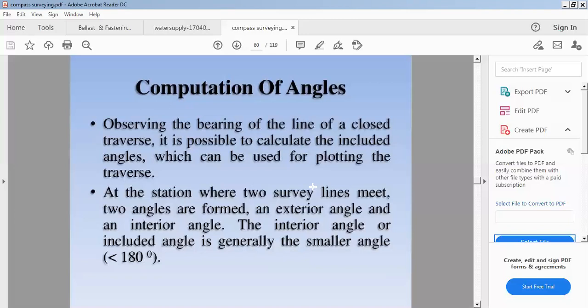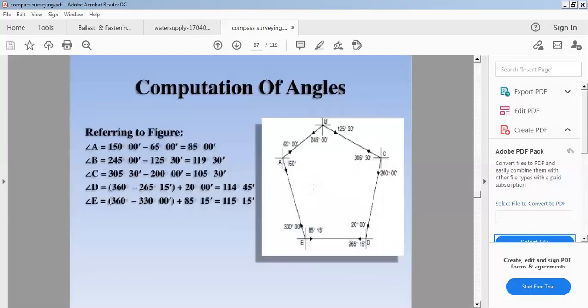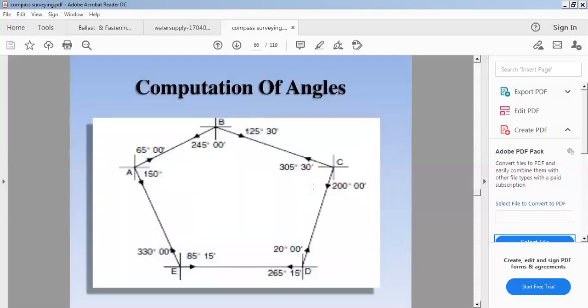Okay, so traverse, you have already seen what is the shape of a traverse. It will be like this. It will have 5 points. You can see A, B, C, D, E, and A. So in this case, the first point is meeting at the last point. This is a closed traverse. All the sides of this traverse are closed. So we divide the whole area into this type of traverse. Then we will find out the angles.